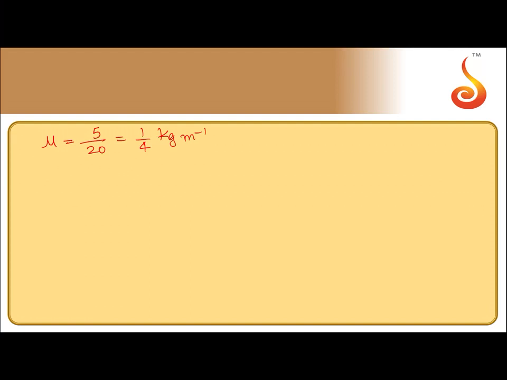Since the wire is not of negligible weight and it is hanging vertically from a rigid support, at each part the tension will be different. So you have to calculate the tension at the middle. The total weight is 5 kg, so this should be half of it, 2.5 into g. So tension is 2.5 into 10, that is 25 Newton. Mass is 2.5 kg, weight is 25 Newton.